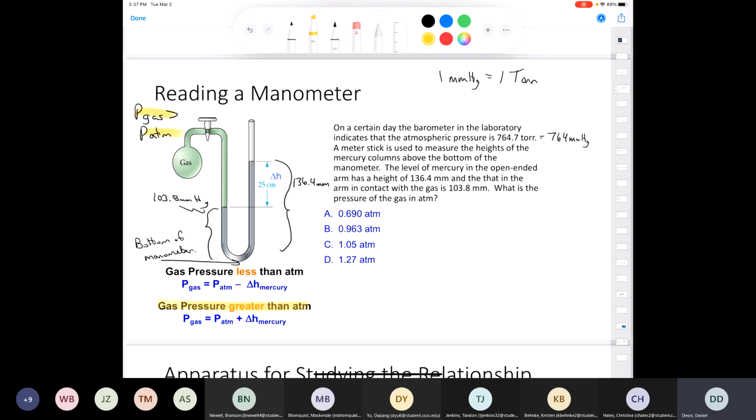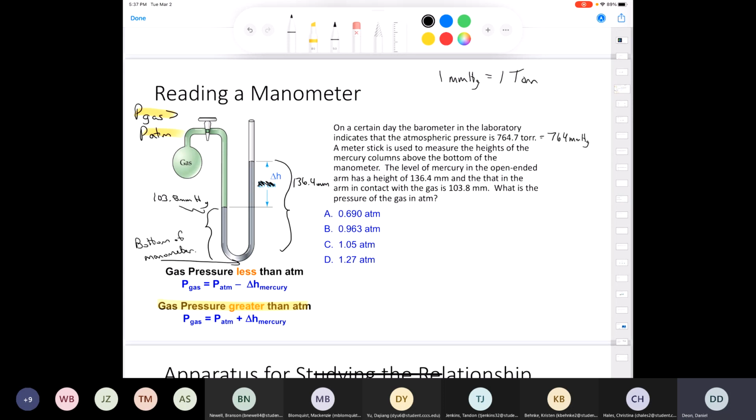So what are we going to do? Well, the difference between those heights, if you take your calculator and take 136.4, subtract, I hope this works out, 103.8, you end up with, well, that's not right. What's going on here? That must be a typo on my Slido. I don't know where this comes from. I don't know if I copied this from another slide or something, but the difference isn't going to be